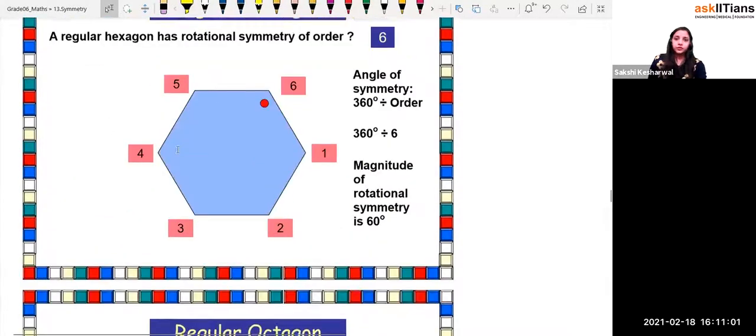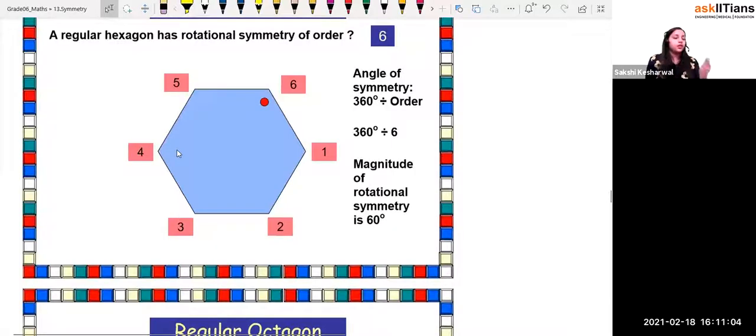We have already done the regular hexagon, so there is no need to do it again. So how many lines of symmetry does a regular hexagon have? It has 6 lines of symmetry. So its order is going to be 6. You can just see that if the figures are regular, then you can always find the angle of rotation, right? And if not regular also, you see by what magnitude you have rotated, right?